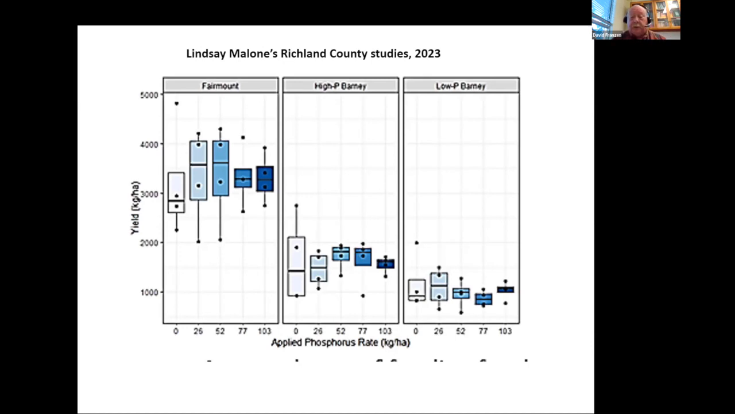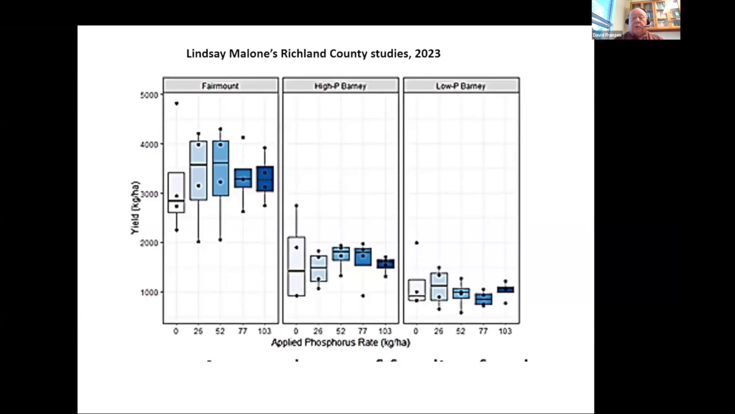So this is just preliminary. My guess is that when it's all said and done, it'll be related to relative yield. You can see the Fairmount site and the high P site, the response curve is pretty close to the same, even though the yields are different. And then the site on the right-hand side, not much difference there at all, but the yields